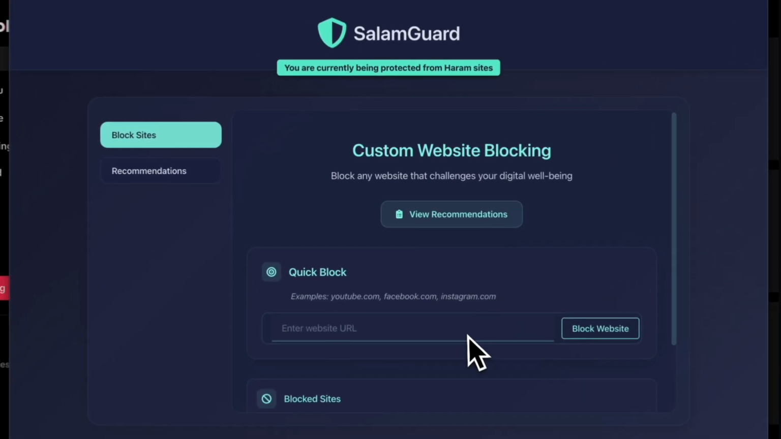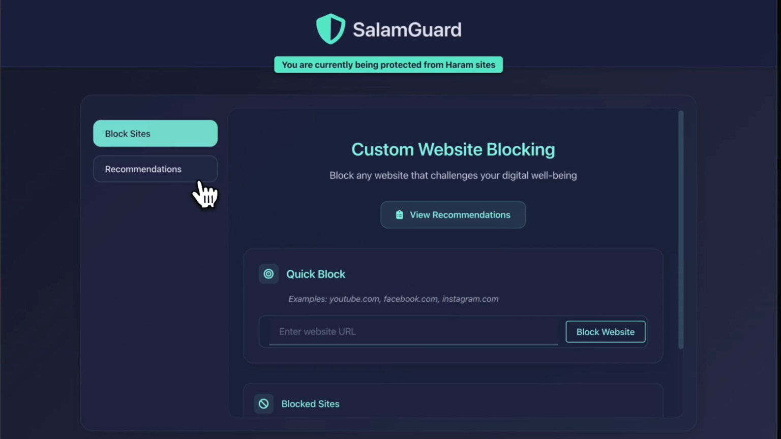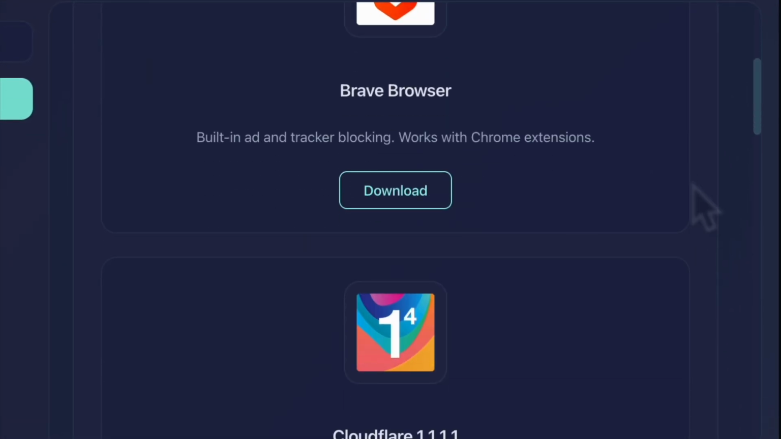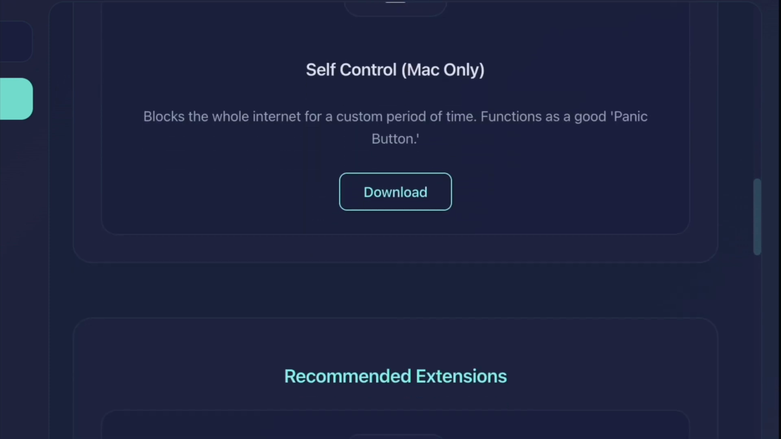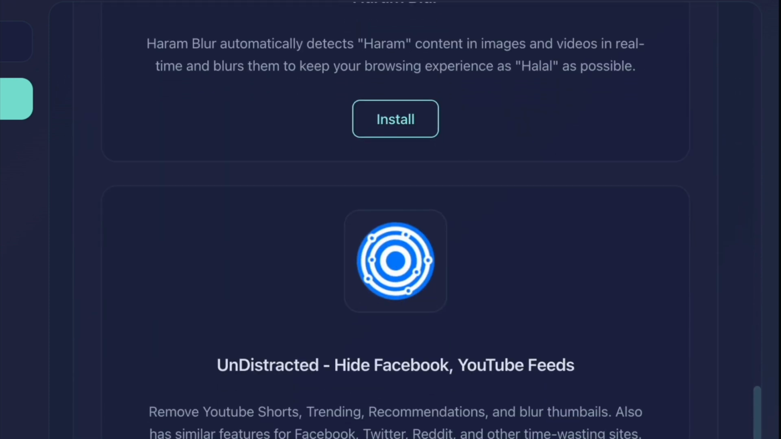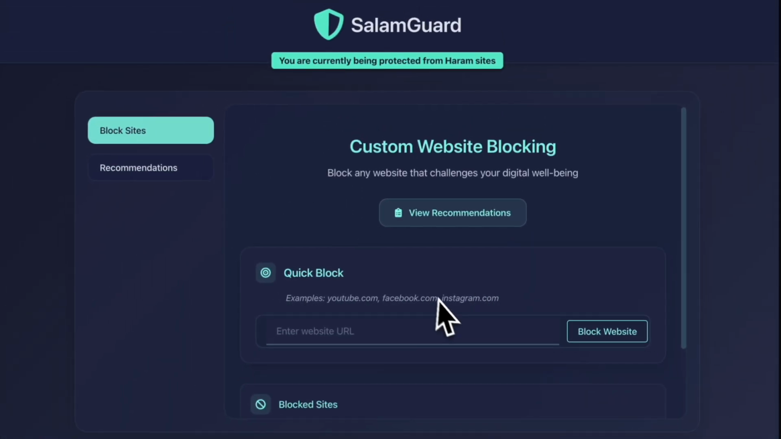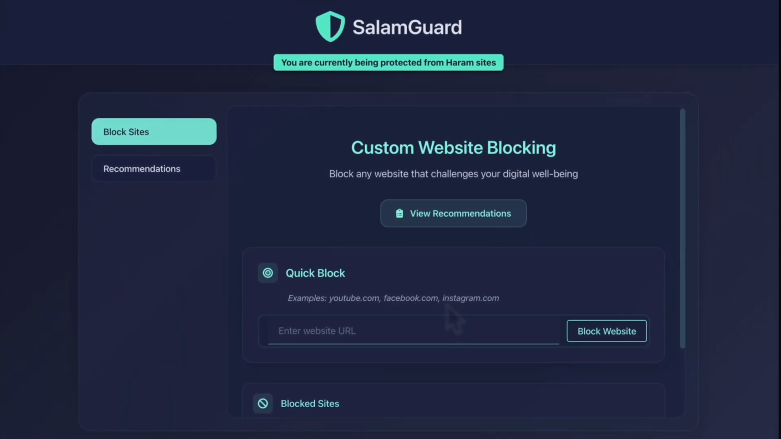In short, that's how SalamGuard works. It's an extremely simple app that's just meant to make your browsing experience more productive. Do keep in mind, however, that although SalamGuard does block a good amount of explicit content, it does not nearly block all explicit content. So this app should only be used as a supplement to one's own efforts and shouldn't